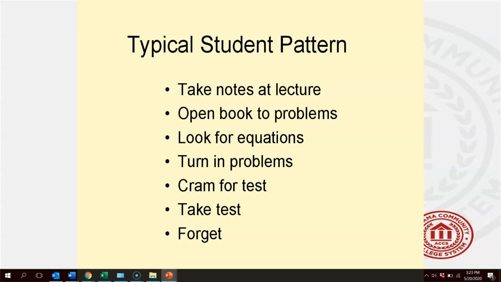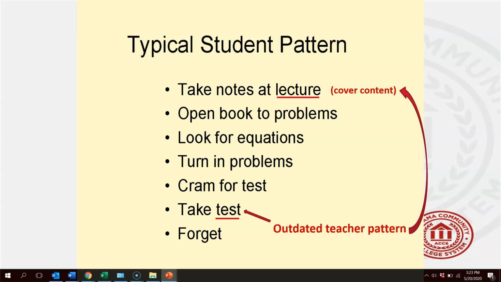That's not the problem. The problem is most teachers use the same format, and that format is not conducive for learning. It is conducive for getting through the test and moving on. So when we say it's all about learning, that requires us to do the same thing as teachers we require of students. We tell them this all the time. Quit focusing on the grade, focus on learning, and the grade will come. But we also have to remind our own selves of that. Quit focusing on the grades, focus on learning, the grade will come.